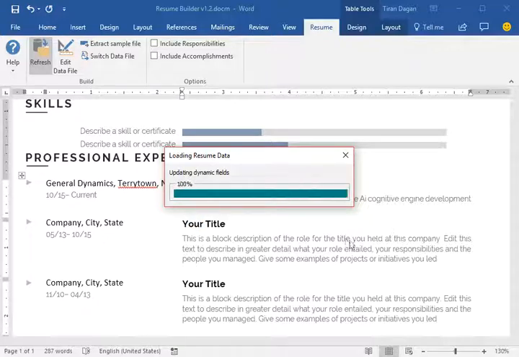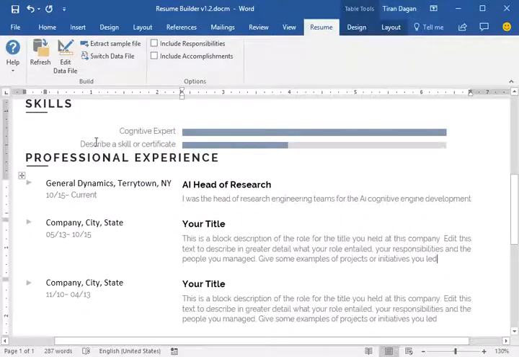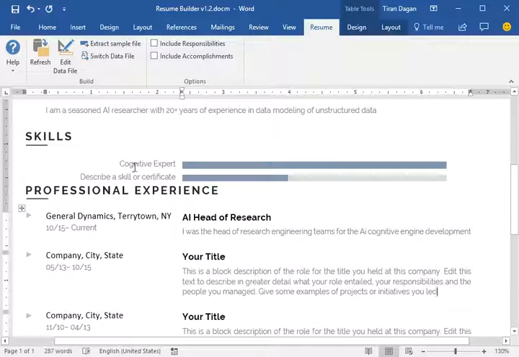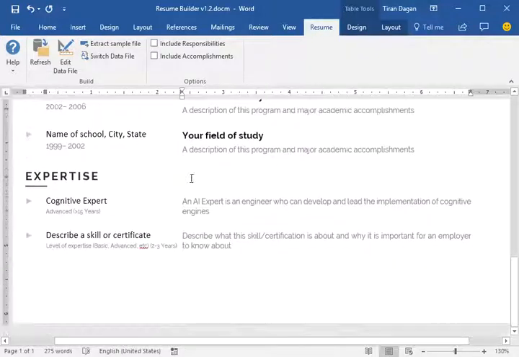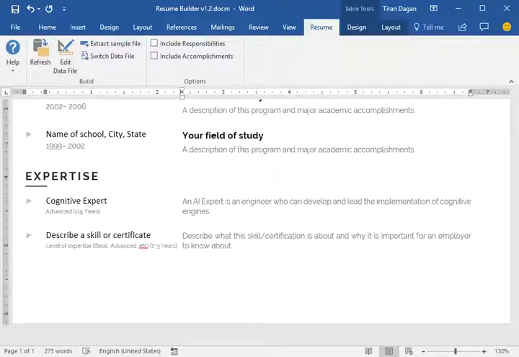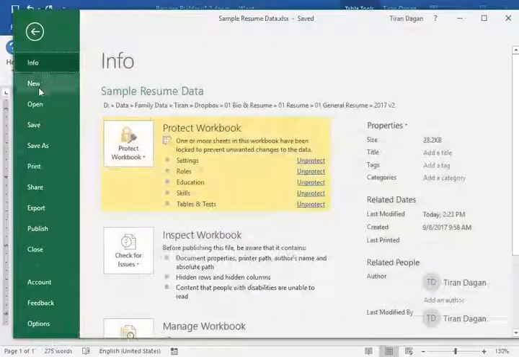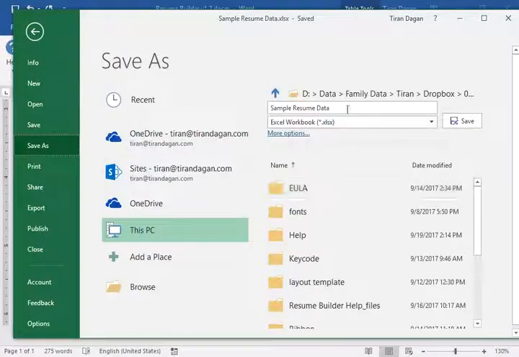And you will see this part going into two different places. One, there's a skill summary chart that uses those numeric values to just pull them up to the top of the resume. And at the bottom, the expertise section pulls out that information as well. One of the other things I wanted to show you is that now you can start creating copies or variations of your resume. So you can go into this Excel spreadsheet, save as, and call this John